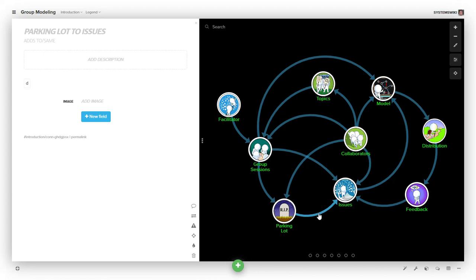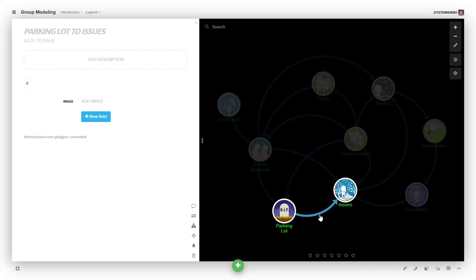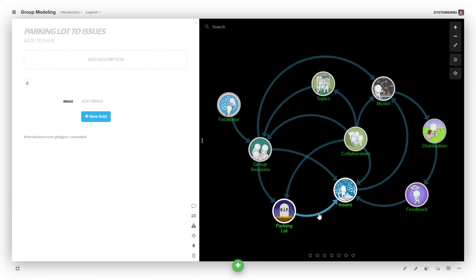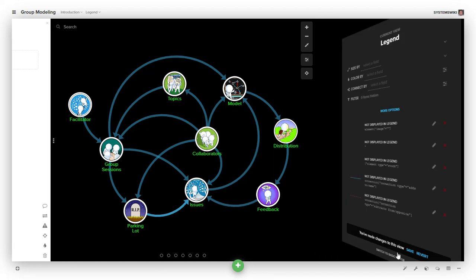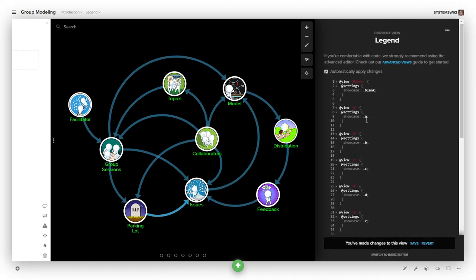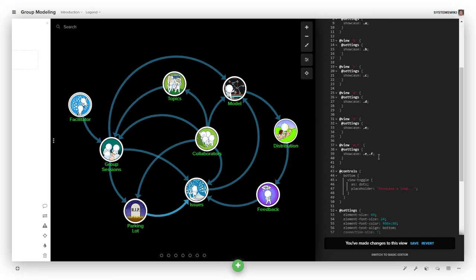If you display a connection, it has to display the elements on both ends of the connection. You can't show an element and a connection without what's on the other end of the connection. So if you look at the script for this one, you see that it talks about A, B, C, D, till it gets down here and does E and F. So if I unfold this,